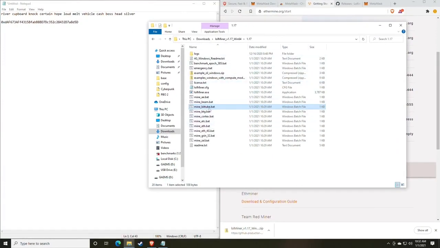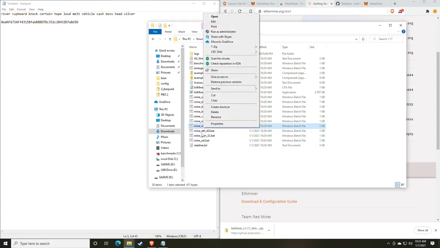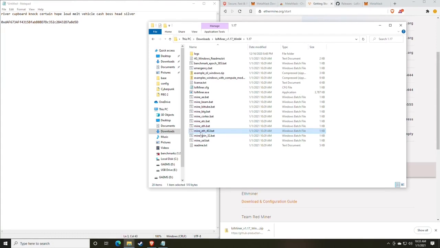So we're going to go back to our file explorer. We are going to find the one that says Mine ETH, and this is something we also need to talk about. Your performance is going to be better on cards with over 4 gigabytes of video memory when using typically just the standard Mine ETH. However, if you have a card that only has 4 gigs of video memory, you're going to want to play with the